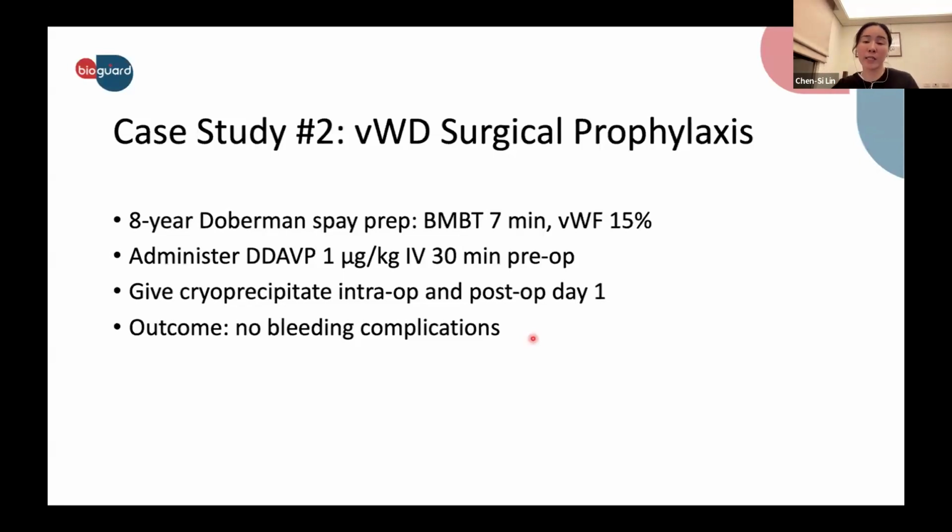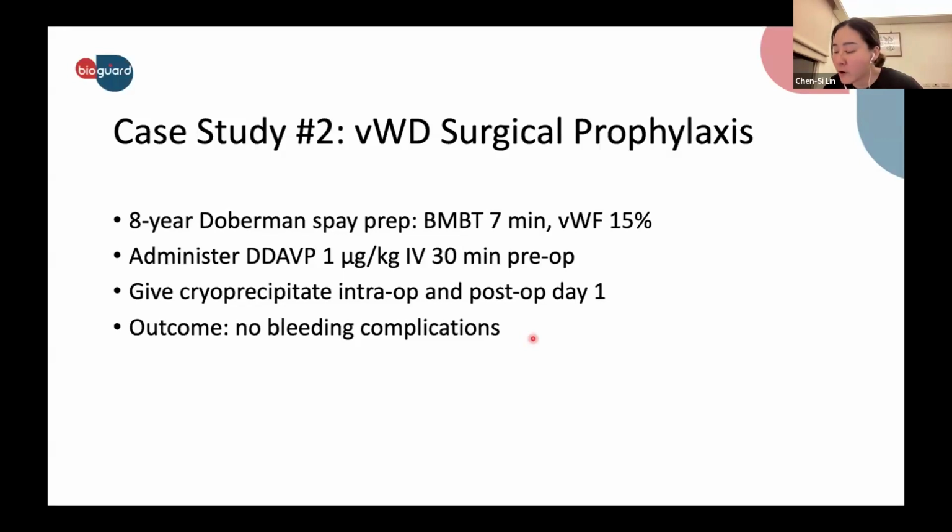We found the mucosal bleeding time is around 7 minutes, and she had a prior history of bleeding after minor trimming. The 7 minutes is longer than the normal time, and the VWF concentration is just around 15%. So what we can do is try to administer DDAVP